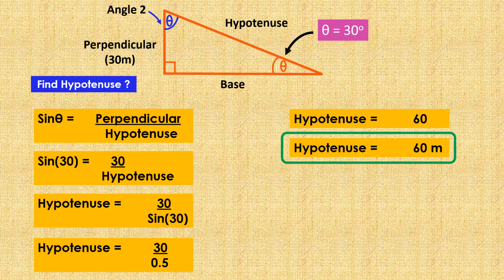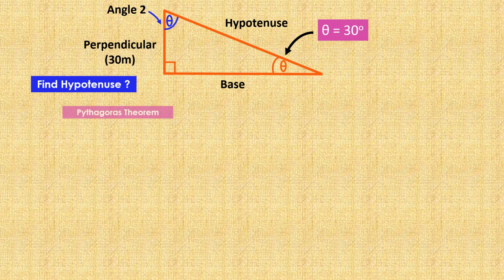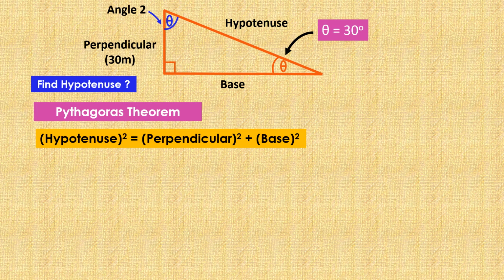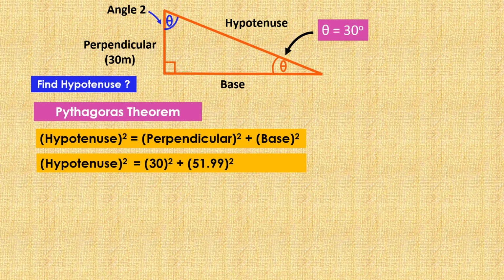There's another way of finding the hypotenuse because this is a right-angled triangle. We can use Pythagoras theorem. Our Pythagoras theorem says that the square of hypotenuse is equal to the square of perpendicular plus the square of base. And we know that the perpendicular is 30 meters and the base we have calculated in the previous steps, which is